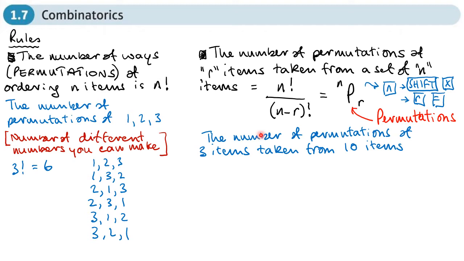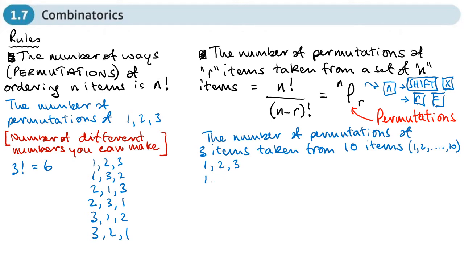Now this question may be worded slightly differently. Instead of the word permutations, it may say the number of ways of ordering 3 items taken from a set of 10. So the wording may be slightly different. Now I'm not going to list all of them. I'll start the list off because the list would be very long if I carried on. So for example, if these 10 items were just the numbers 1 to 10,